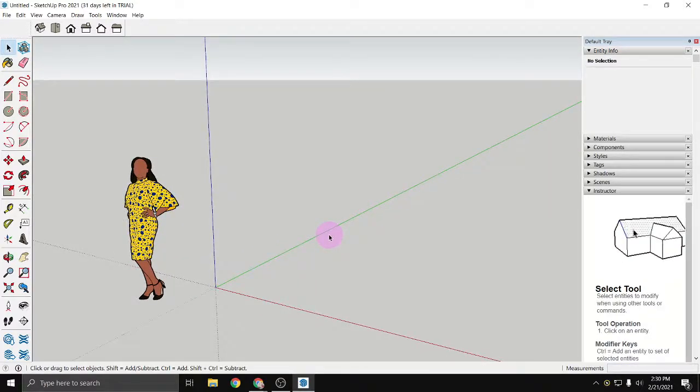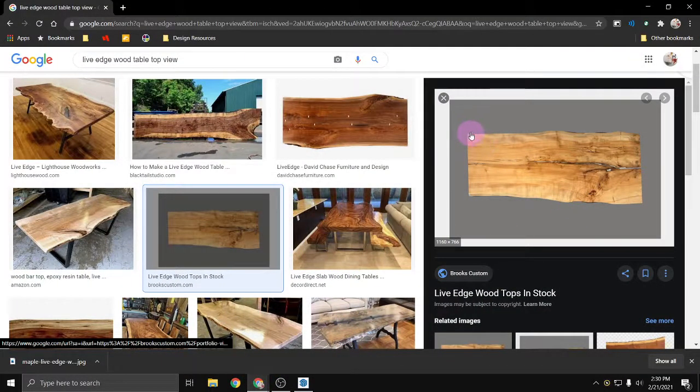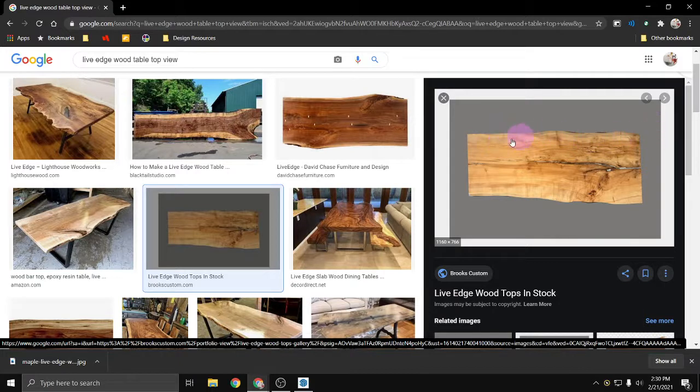There might be something that I'm trying to reference for a drawing that I don't have a DXF file for, but I still just want to reference it, not necessarily cheat, but be able to get some measurements or some looks from it without having to put too much effort in. So for example, if I wanted to model a piece of furniture, like a table that had a live edge to it,